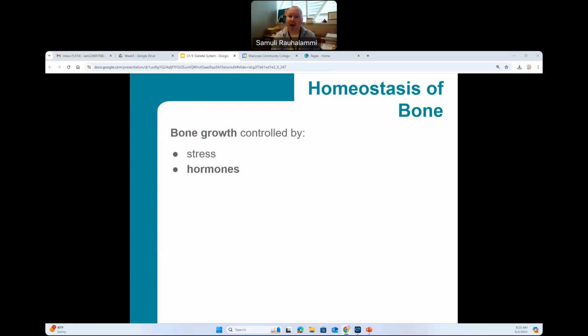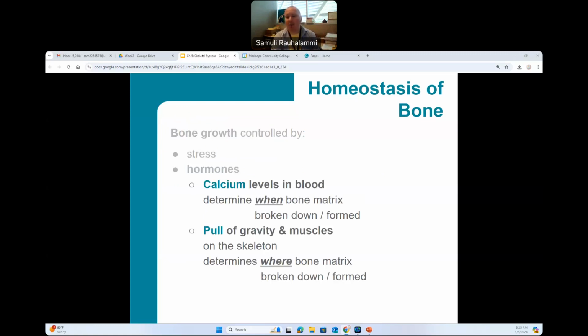And the examples that I wanted to mention here would be, for example, growth hormone and sex hormone. And bone is remodeled throughout your life in response to 2 factors that I want to talk about. So the first factor is the calcium ion level in the blood that determines when bone matrix is broken down or formed. So we need to have a sufficient amount of calcium for this process to take place. If we do not have a sufficient amount of free or accessible calcium, this process of bone remodeling will not